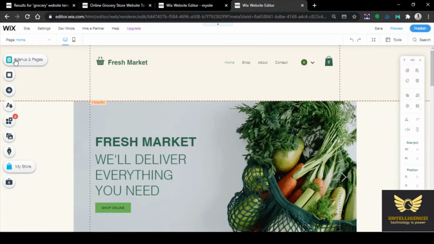You can change it wherever you want. And once editing is done, you can publish it. And whenever you make any changes, you have to click publish. Only then the changes that you make will be published and it will be live.